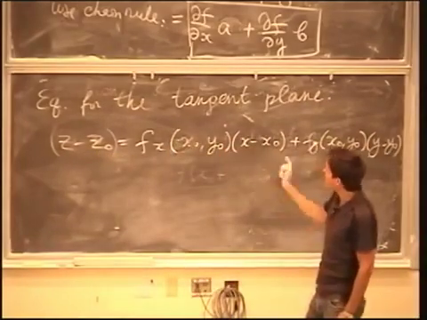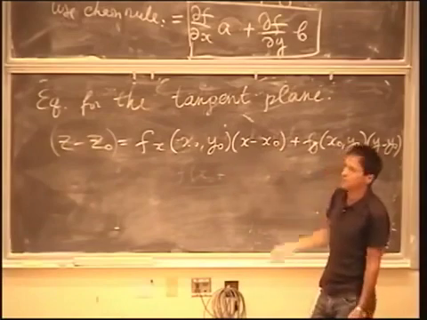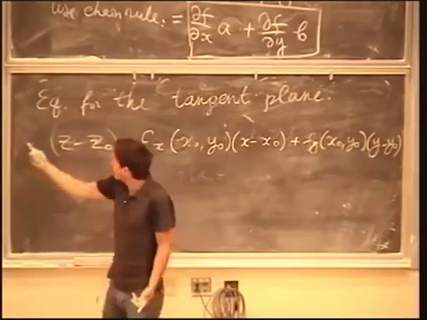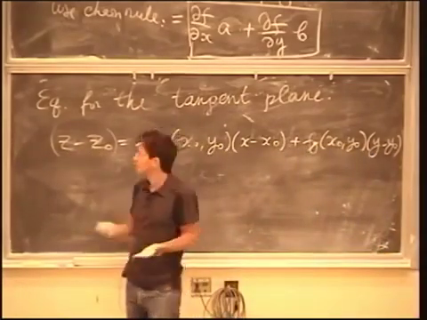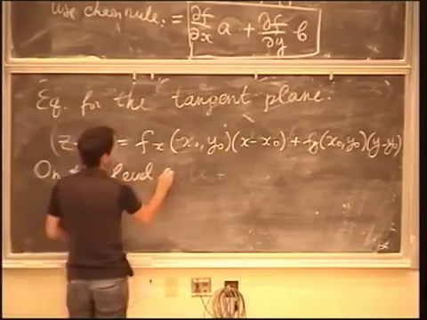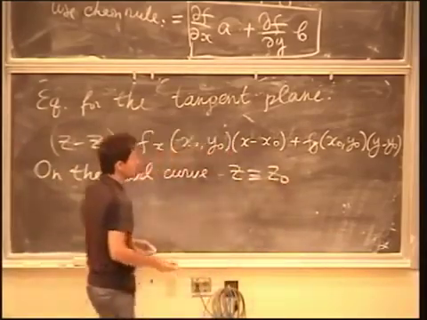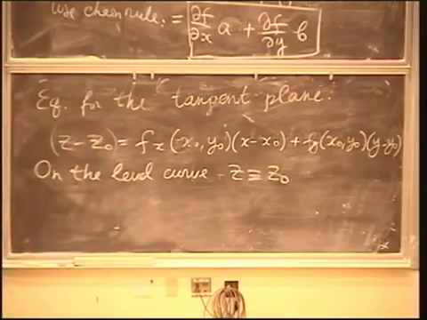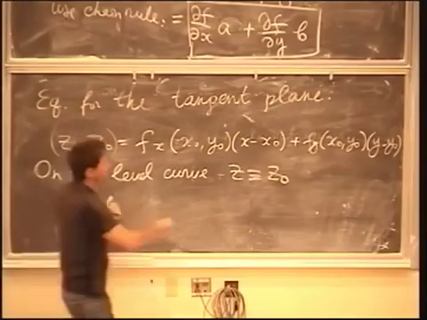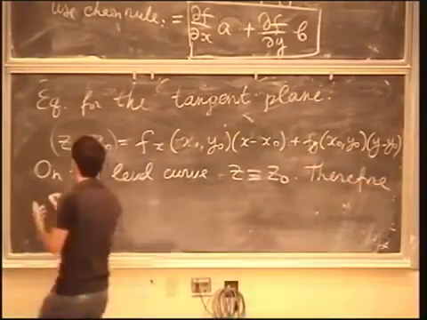And now I would like to write down the equation for the tangent line to the level curve inside this plane. What should I do for this? Well, on the level curve, z is equal to z0. And that's the definition of the level curve. So on the level curve, z is just identically equal to z0. Everywhere on this level curve, z is equal to z0. Right? So this has to drop out. This has to disappear. And then we'll get the equation of the part which is tangent to just the level curve. So therefore, the equation of the tangent line